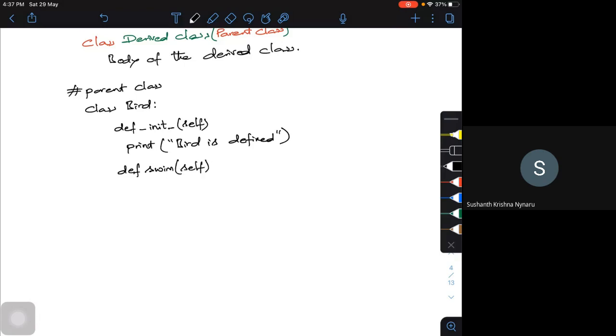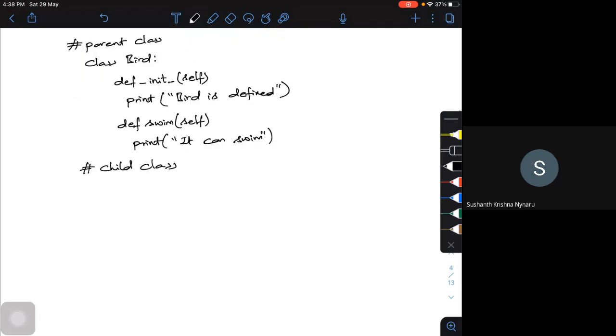It can swim actually. Now I'm going to create a child class. I can have n number of children. I'm going to have penguin as the child class.